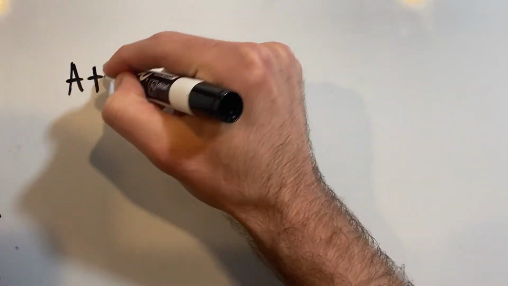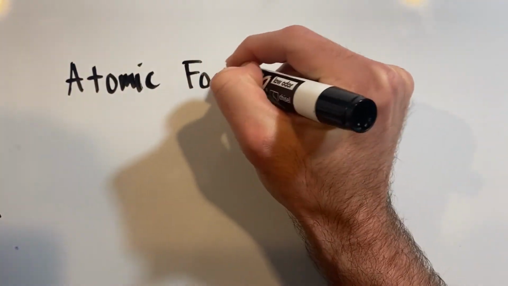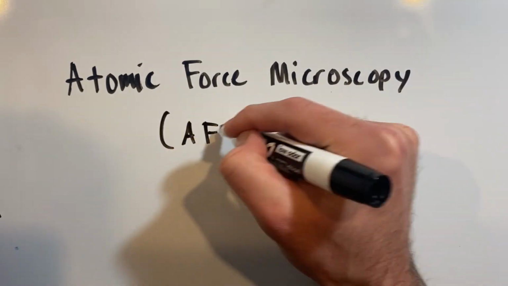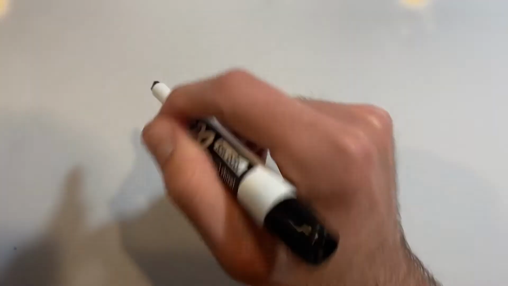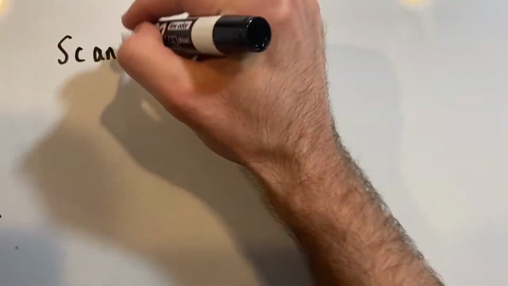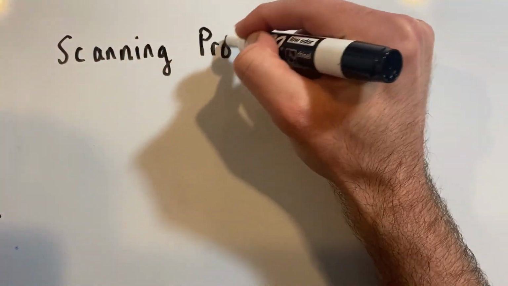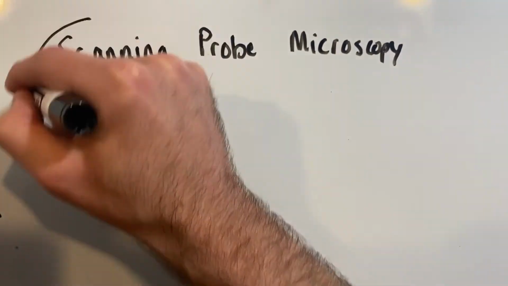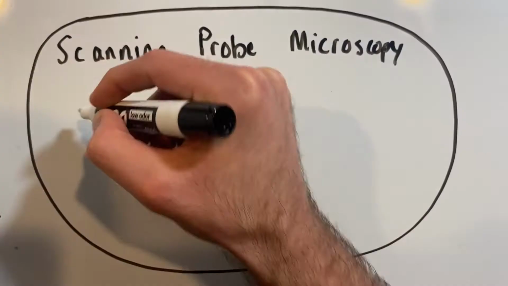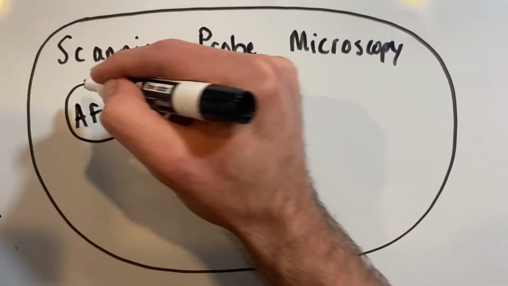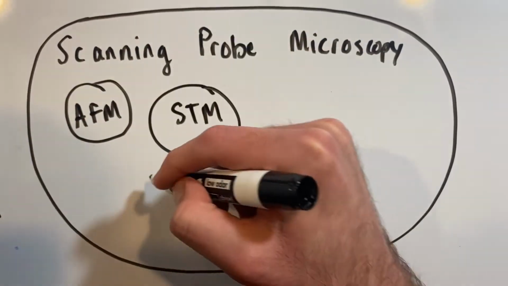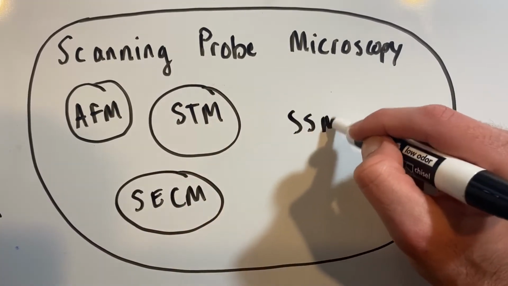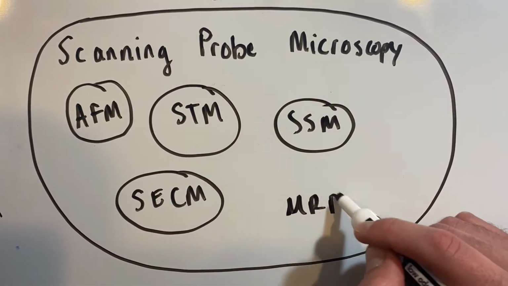In this video, we're going to be talking about atomic force microscopy, or AFM for short. AFM is a specific example of a more general family of techniques known as scanning probe microscopy, all of which involve a physical probe that is scanned across a specimen to characterize it. Other examples of scanning probe microscopies include scanning tunneling microscopy, or STM, and some less common ones such as SECM,